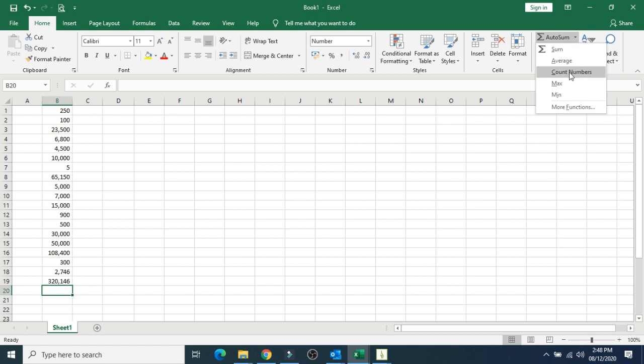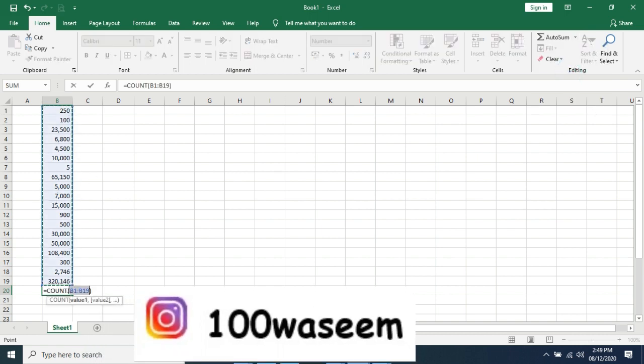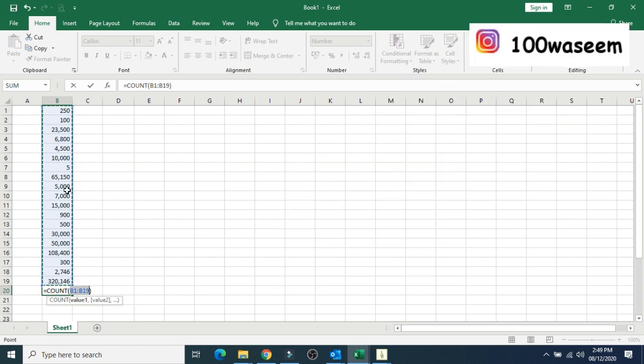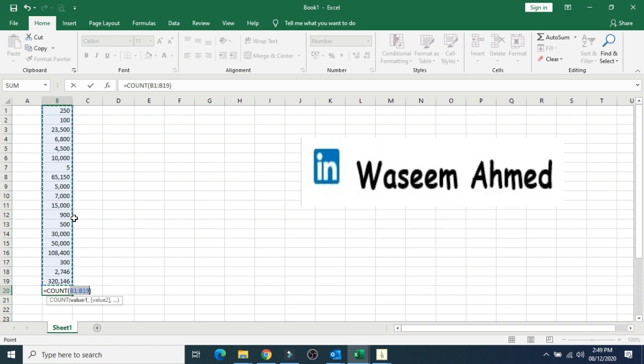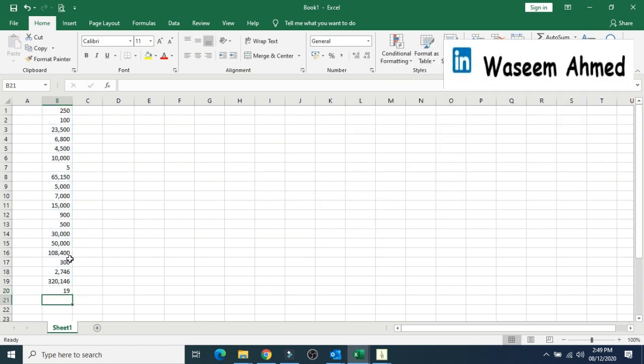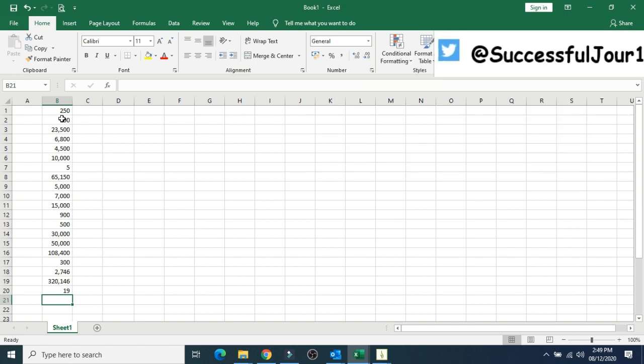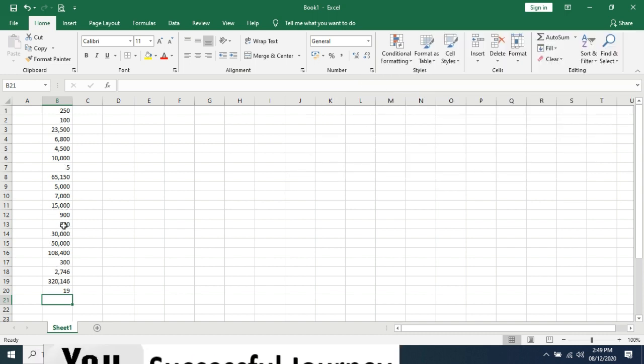Third formula is count numbers. I want to see how many numbers are there, so I select count, and automatically it selects the range, and I press enter. So there are 19 numbers we are working the data for.